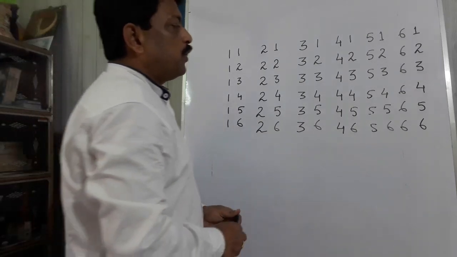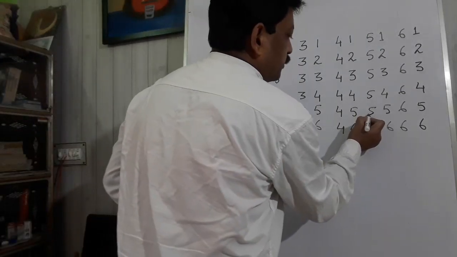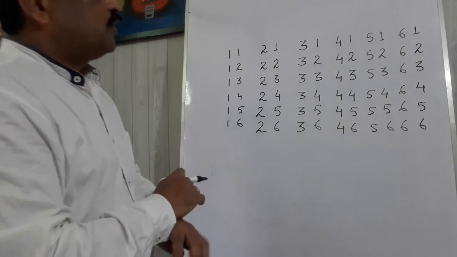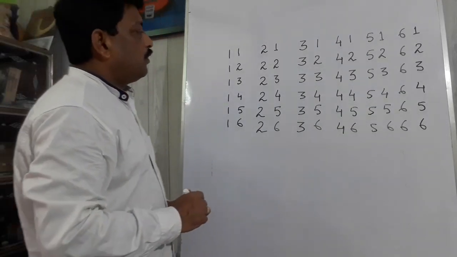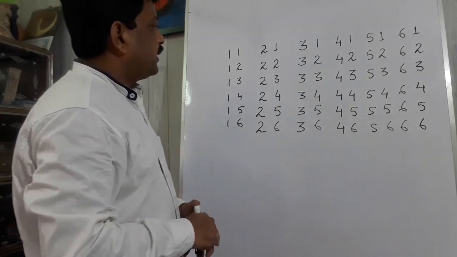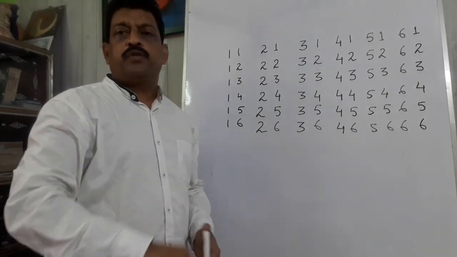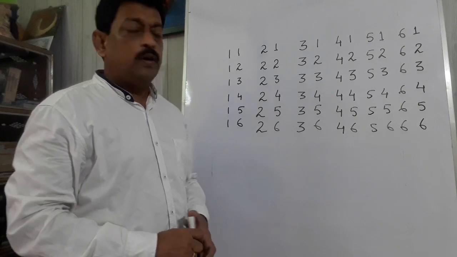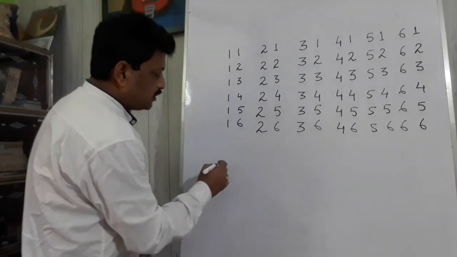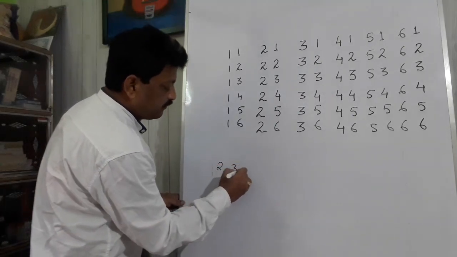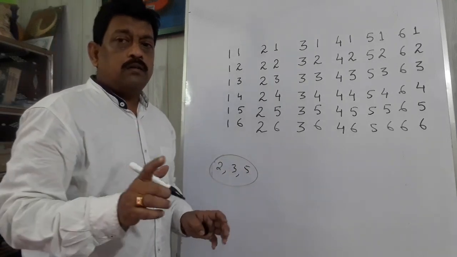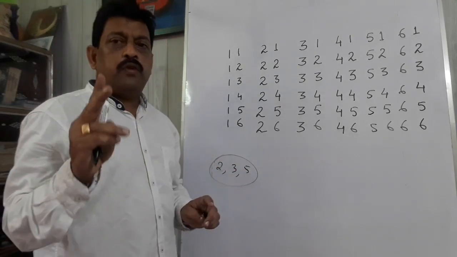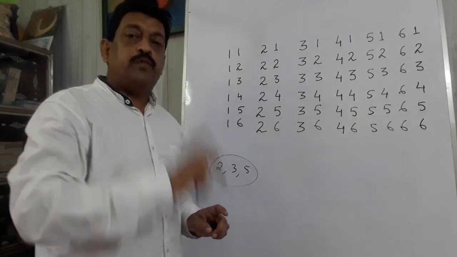Now some more problems are there, some different types of problem. I told you in the previous class, so many questions can be set from this probability. Like, what is the probability of getting a prime number on both the dice? Prime numbers, we all know, in a die there are 3 prime numbers: 2, 3 and 5. So I want a case where we will have a prime number on both the dice.